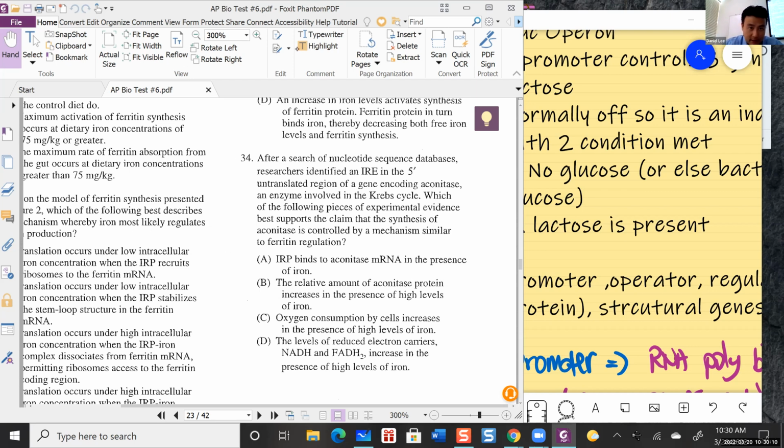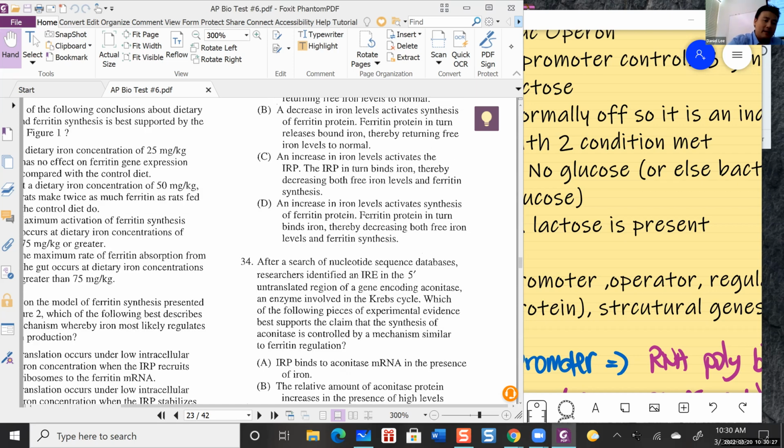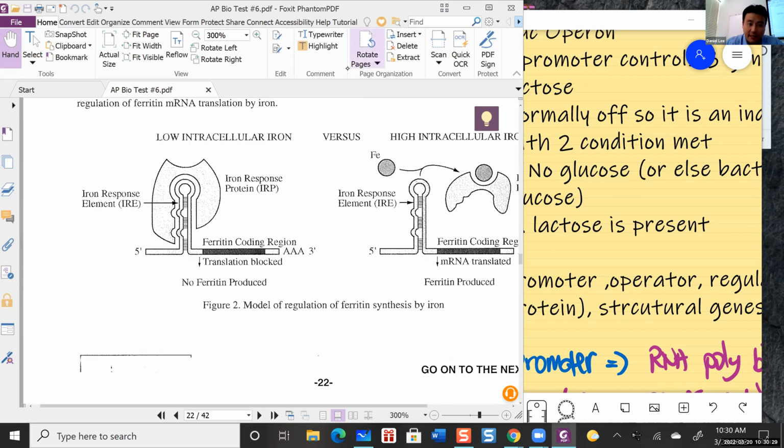Yeah. Let's look at 34. After a search of a nucleotide sequence database. All right, so this is about DNA. Researchers identified an IRE in the 5' untranslated region. So let's look at IRE first. I didn't really focus on that one. Now it's talking about IRE. So IRE is the mRNA right here. The IRE is this part of the mRNA. This loops up like a hairpin and continues here. So this element right here, IRE, seems to be the regulation point. If the IRE has this protein attached, there is no translation. If the IRE is free, then there is